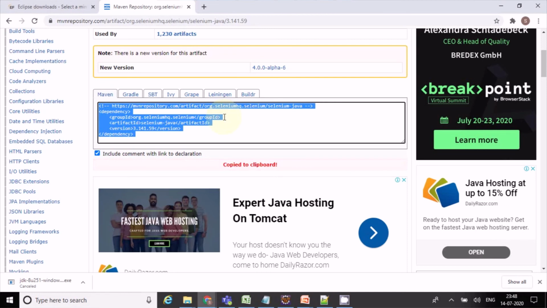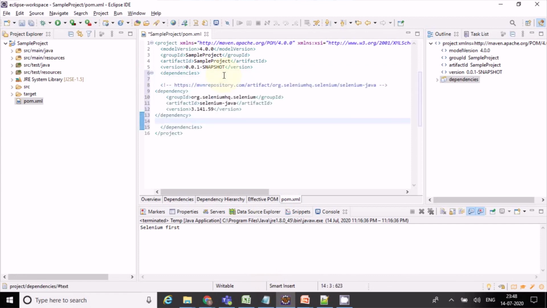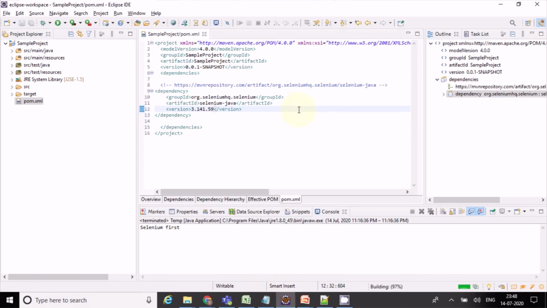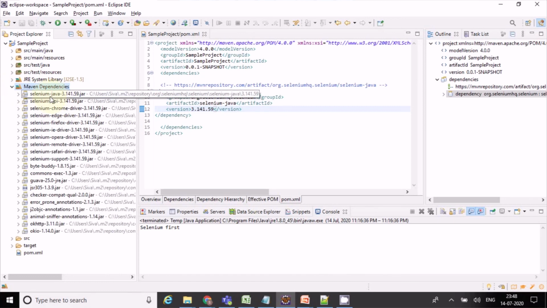Just copy this, and we are going to paste it in our pom.xml, and press Ctrl S to save. Once you save this, we are going to find one more folder in our project structure, called Maven Dependencies. See, all the Selenium related jars are placed here.